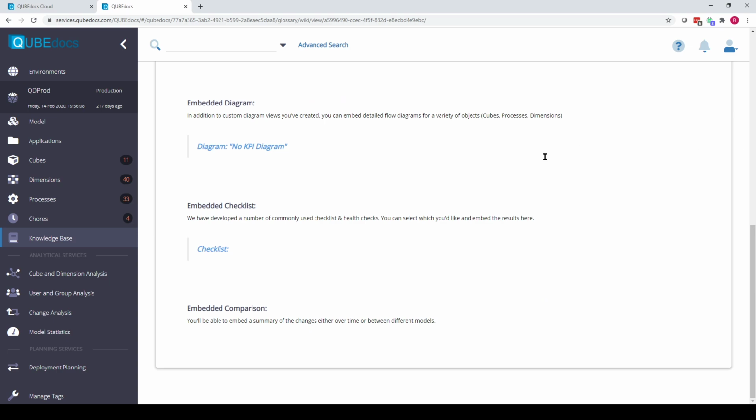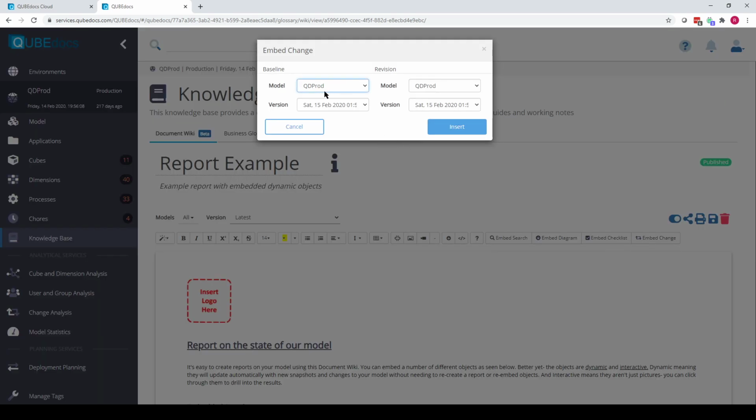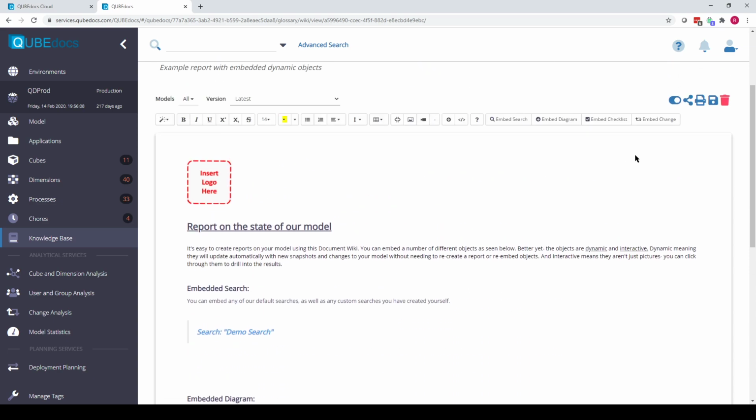And then finally, you can embed a comparison, which we talked about as well. So we can embed a change report. We can embed that report from our development to our production model. And we'll see that there. Now we can come up here, and we can go ahead and save this as a draft, and then